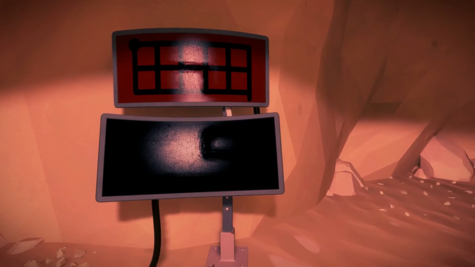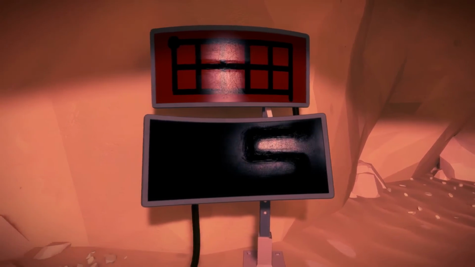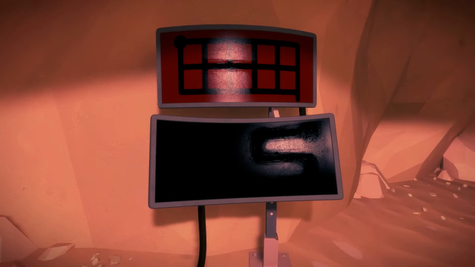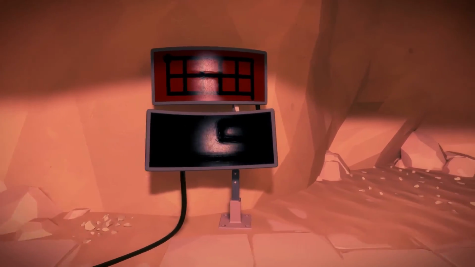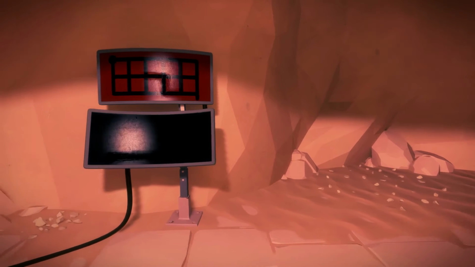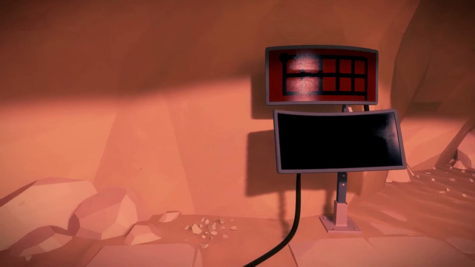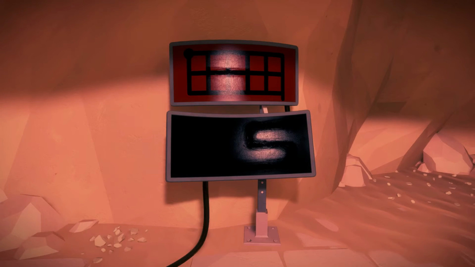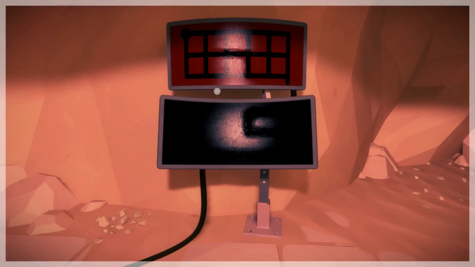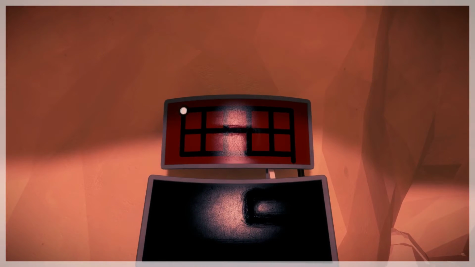Is it 3 wide? What is this, backwards? No, it can't be. Well, I guess it could be backwards. Look at how the reflections are working. Let's go ahead and try it then. We'll make a 2, and then up. Then go down this way. Really? Well then...